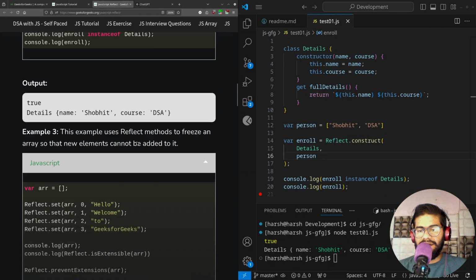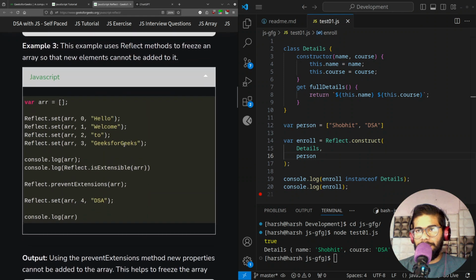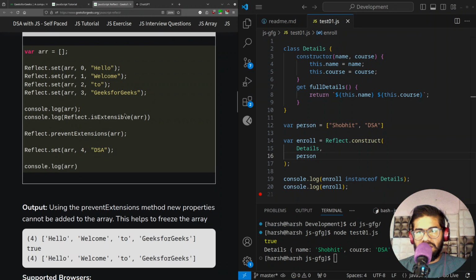Time to move to Reflect. What are we getting next? Output. This example uses the Reflect method to freeze an array so that new elements cannot be added to it. So we are defining an empty array, Reflect.set, array. We are passing this variable in it. At 0 index, we are entering hello. At first, welcome. So now it is extensible. Then we are going to prevent its extension, and then we are going to say,